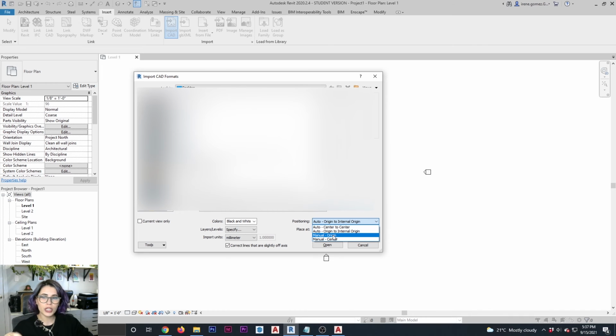Manual origin is going to bring the CAD drawing, but you're going to be holding it from whatever that origin is. And again, in a lot of CAD drawings, that origin can be nowhere to be found, so to speak. So the best option out of these is manual center. What manual center does is Revit detects the entire set of lines that make that CAD drawing, and finds the center of that drawing. When you bring the CAD file, you're going to be holding it from that middle ground of your drawing. And manual means that you're going to get to manually place that drawing. So I'm going to select manual center.